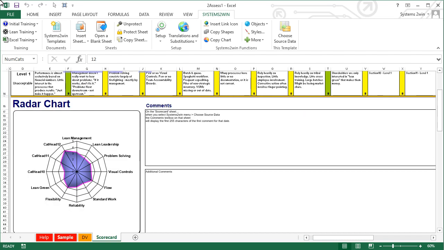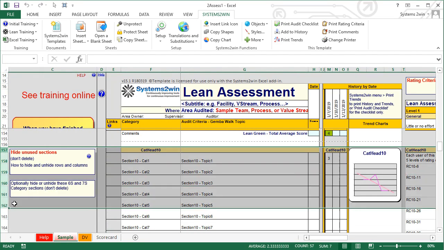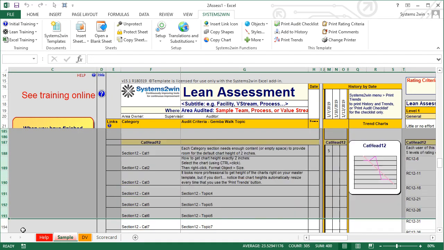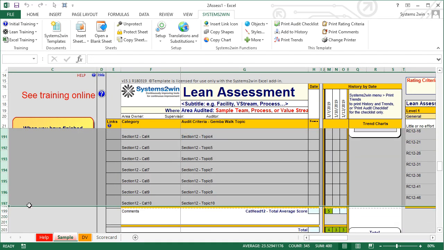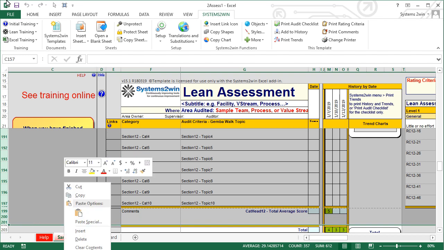And notice that in this case, the radar chart and the thermometer charts have 12 categories. So let's go over to our sample sheet, and then let's select all the rows for categories 10, 11, and 12. And then let's hide those rows because we're not using those sections.